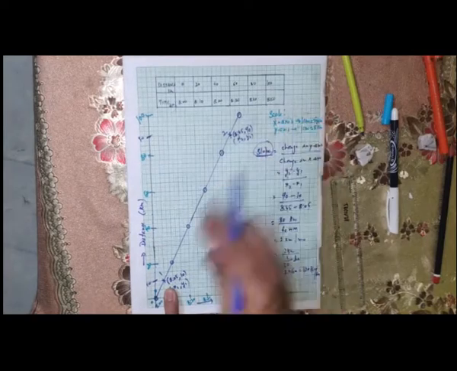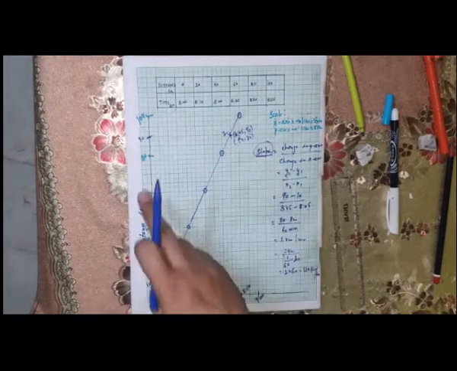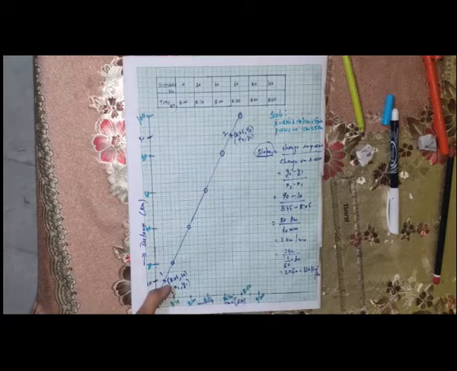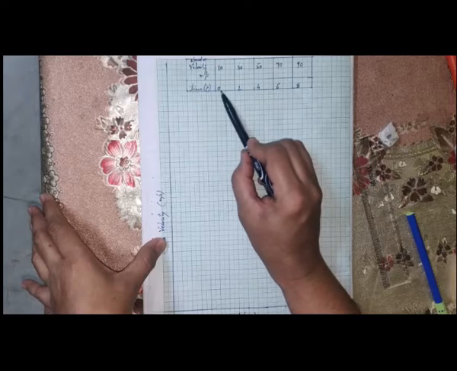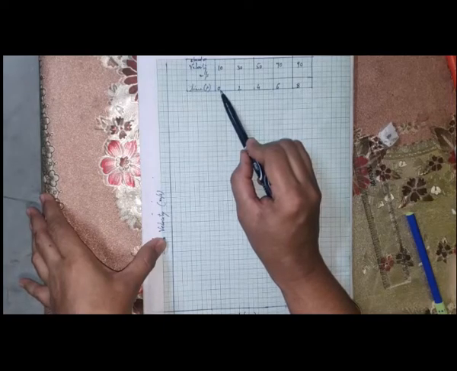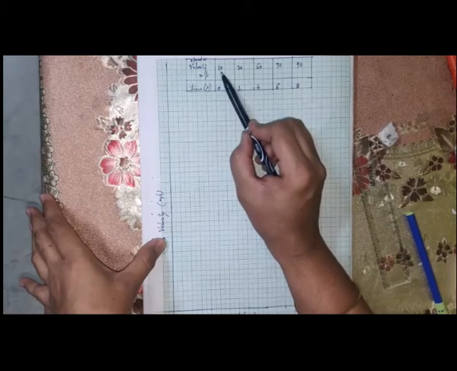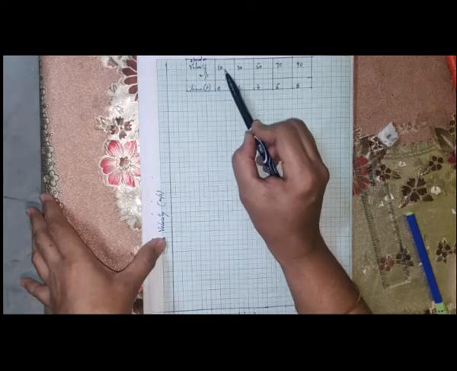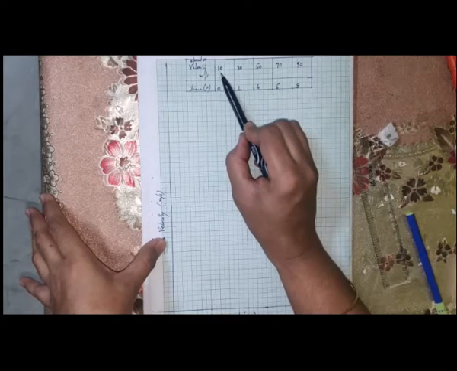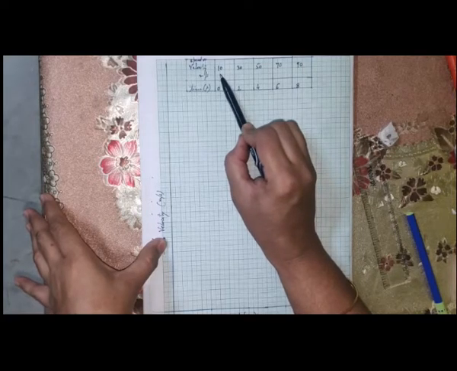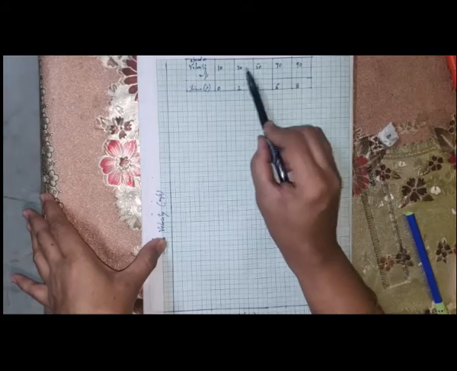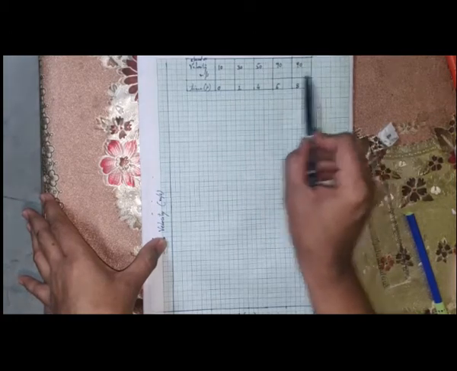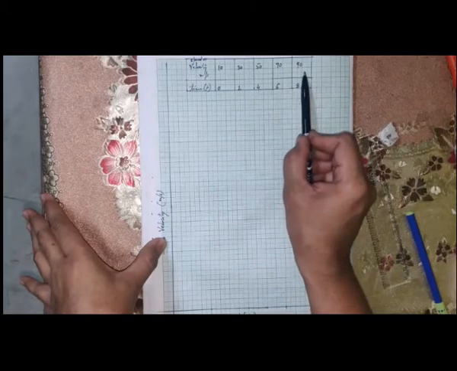This was not provided to us. Just by finding the slope of the distance time graph, we could measure the speed of the object. So now in this case, you observe that when the time is 0, when you start taking the observation, the object is already moving with a velocity of 10 meter per second. It is not at rest. When you started observing, the object was already moving. Now after 2 seconds, there is a velocity of 30 meter per second, after 4 seconds 50, and so on. So every time there is a gain of velocity.